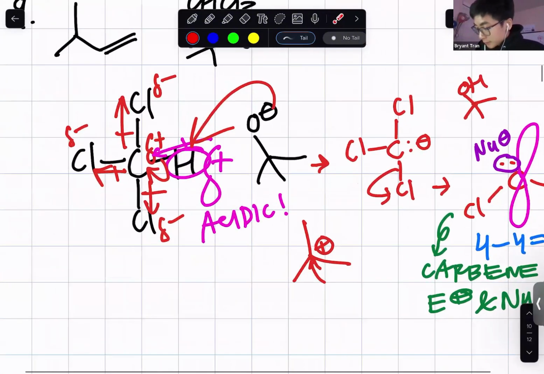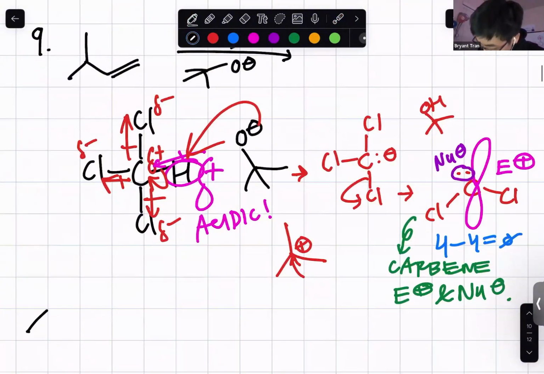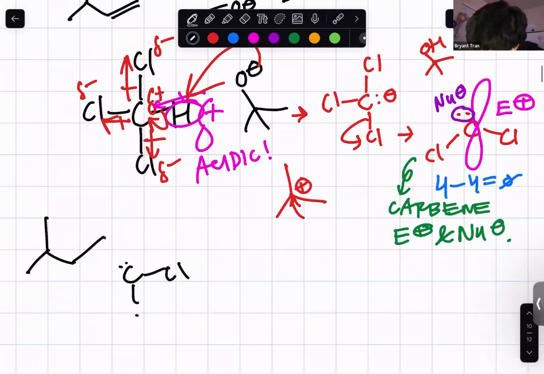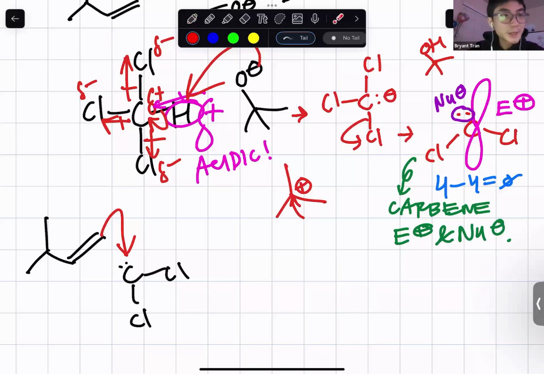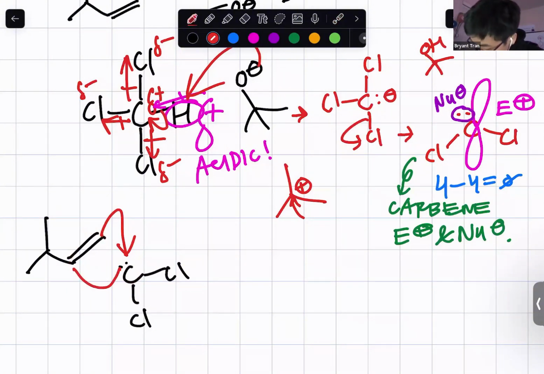Right? Okay. Once we form that carbene, let's bring in our alkene. Because of the empty p orbital, this alkene is going to attack that carbon. And think of this as the bromonium ion mechanism we did earlier. As this carbon here is gaining electrons, this alkene is losing electrons. This carbon here is going to attack the other carbon of the alkene at the same time, using its pair of electrons that it has right there to form this dichlorocyclopropane